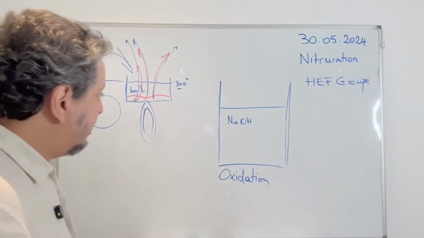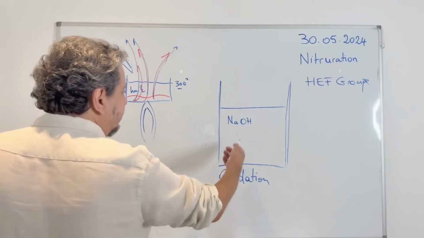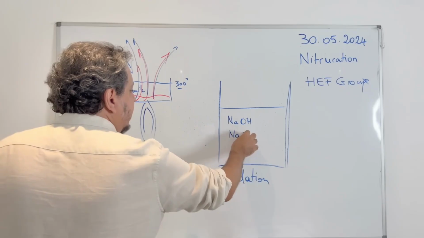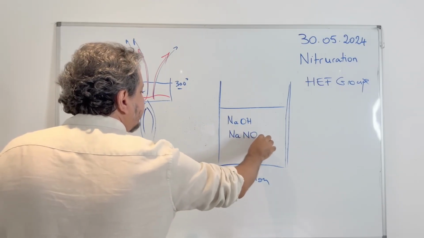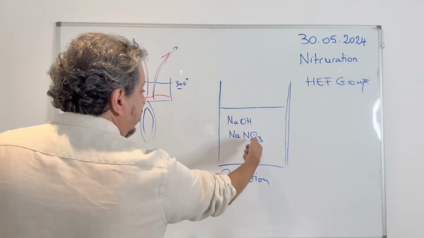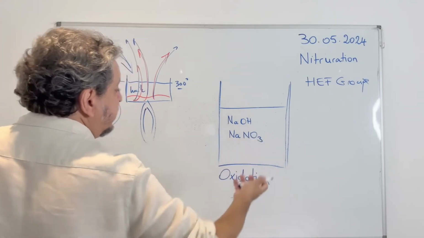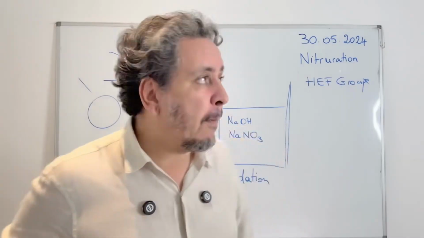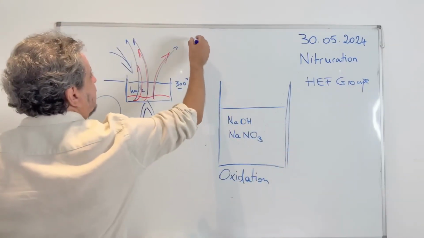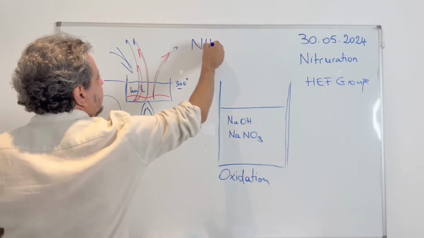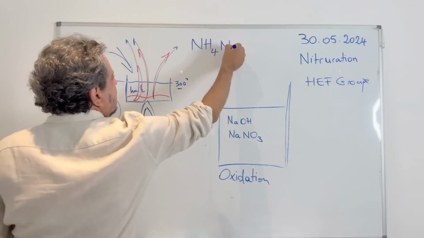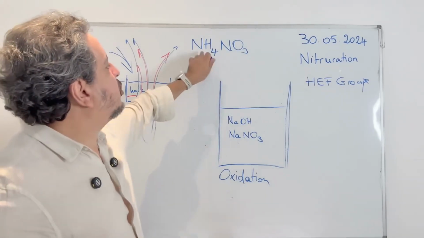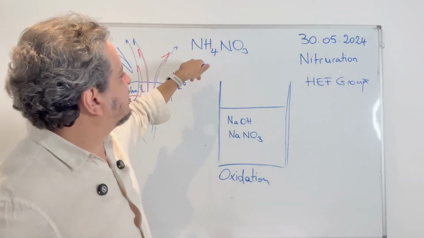So what we're going to add with it, we'll mix it with another salt, which is NaNO3. It's sodium nitrate. The NO3 group is the nitrate group. Every time you hear the word nitrate, look for it. There's NO3 in it. Let me give you another example. For example, if I tell you NH4NO3, that's nitrate. Ammonium, this group here, that's ammonium. Nitrate,